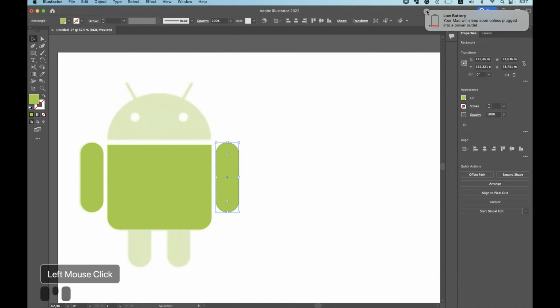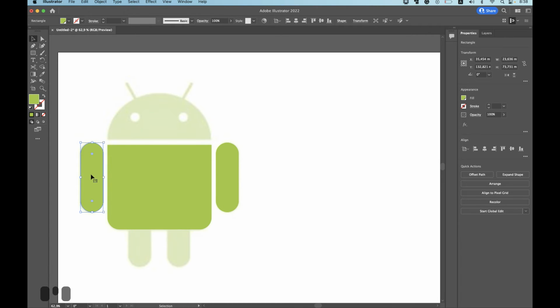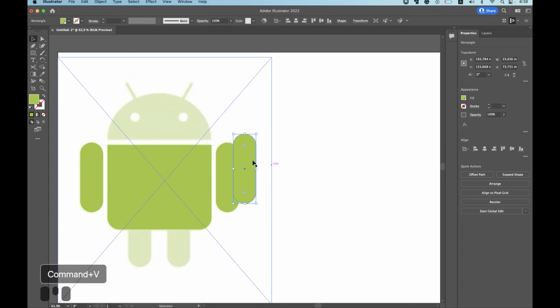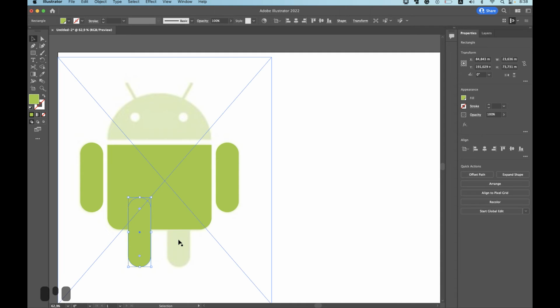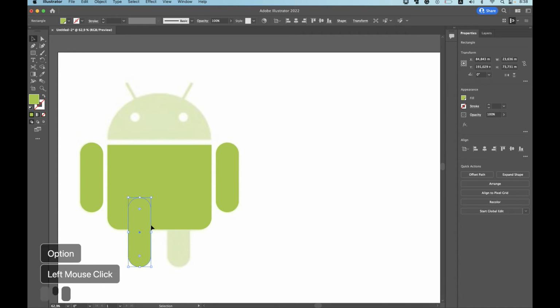Okay, a little better. Okay, let's shift it with our arrows left and right, and we can move it precisely by 1 unit. Okay, let's copy that and place where we have legs. Let's copy that one more time to have our next leg. To be faster, we can hold Alt or Option on the Mac and just drag the copy to the right.